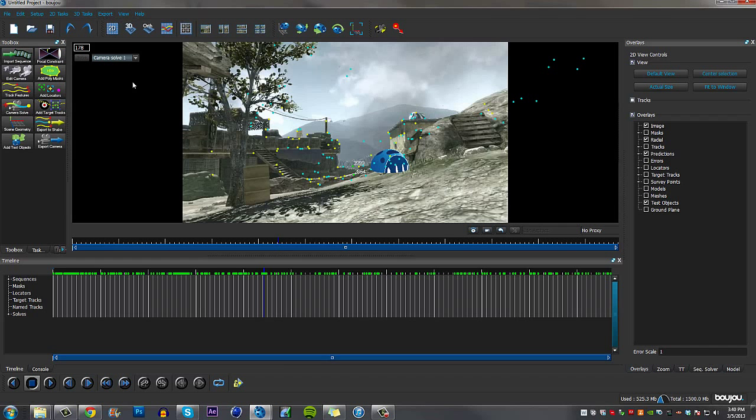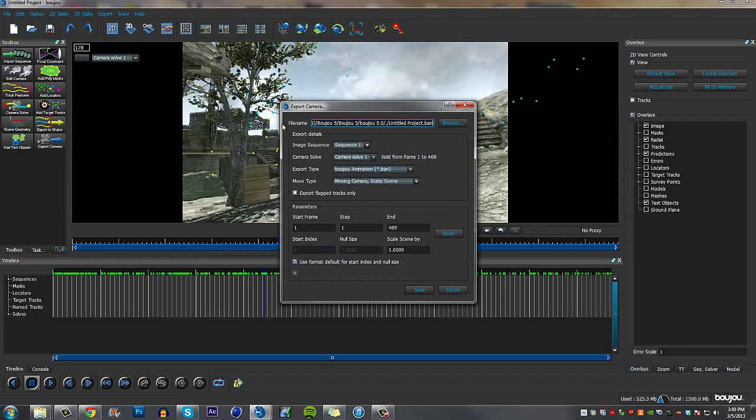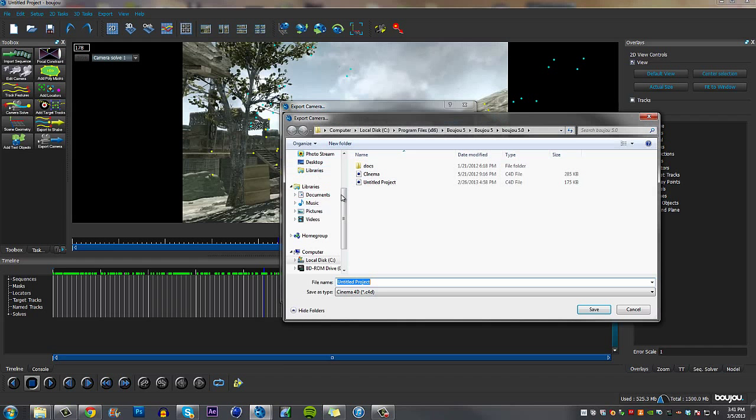And what I want to do is export camera solve. If you're doing it for Adobe After Effects, then you hit right here and hit scale by 1000 and then export flag tracks only, and that makes it so you only get a camera. And now I'm doing it to Cinema 4D, so I'm doing it to 100 scale, and I'm going to be browsing